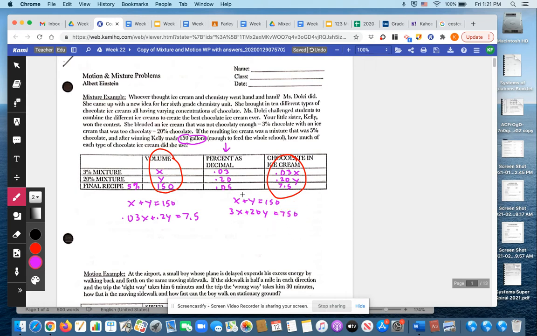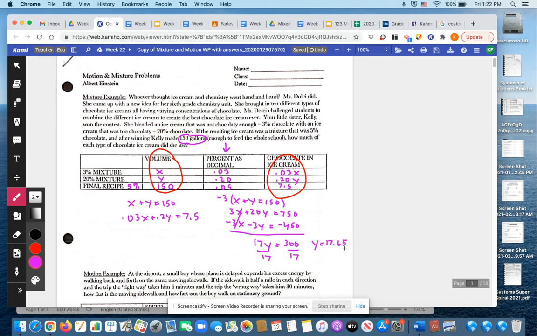Multiplying the top equation by -3 looks like it might come in handy. I'm going to do that. So I get -3x, -3 times y is -3y, and -3 times 150 is -450. Look here, x is gone. Subtract, I get 17y is equal to 300. Dividing by 17, now you understand why I said you could use a calculator. And if you do that and round it, we find out that y is equal to